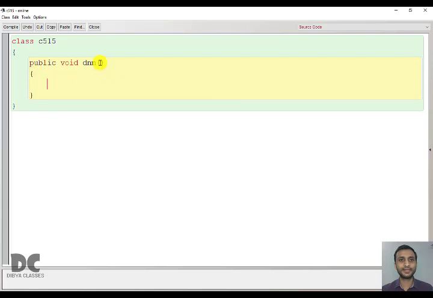Then we'll take the input. What input do you need? You need the name. There are 7 variables, right? Name, the roll number and marks. Assume that all the marks are integer type: M1, M2, M3, M4 and M5. Okay, total 7 variables done.